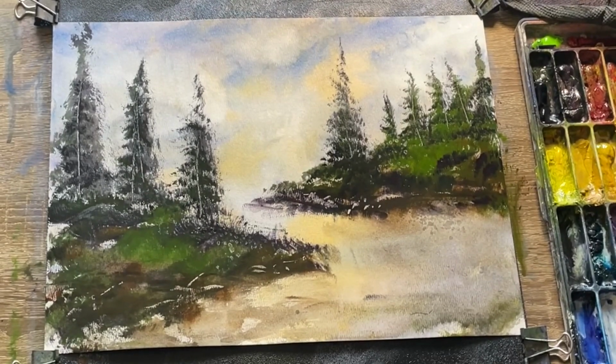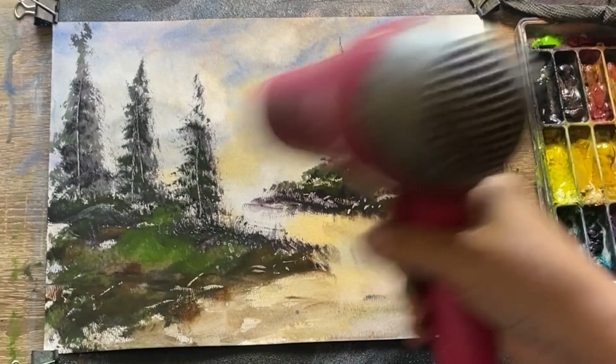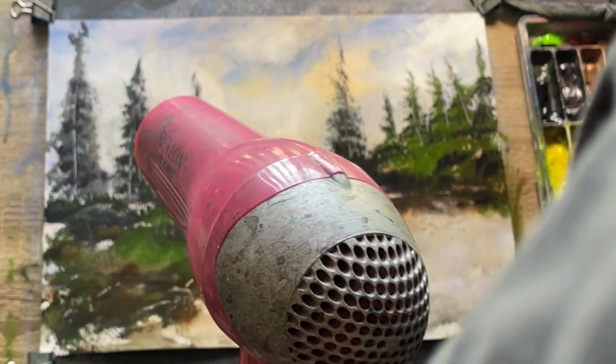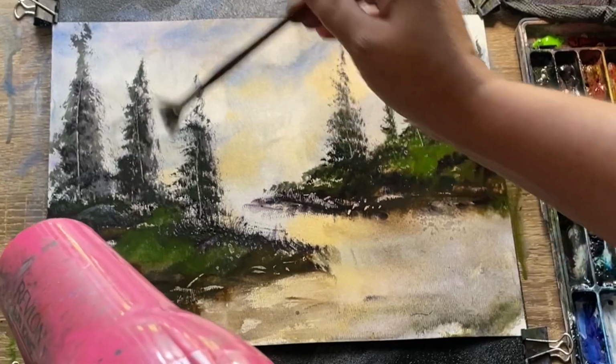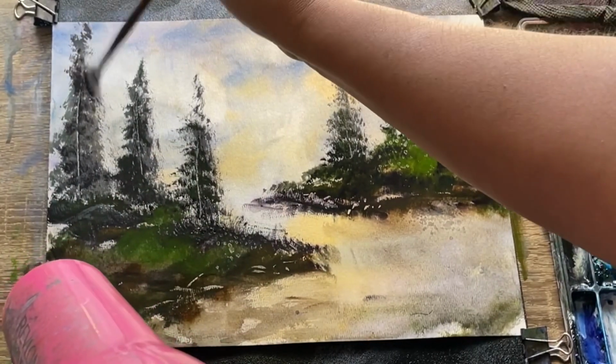And then this is the finishing stages where we look at a painting and we say, is there any other little adjustments I can make? Give it a quick dry. But is there, does this branch look funny? Is this something standing out to me? You can use a